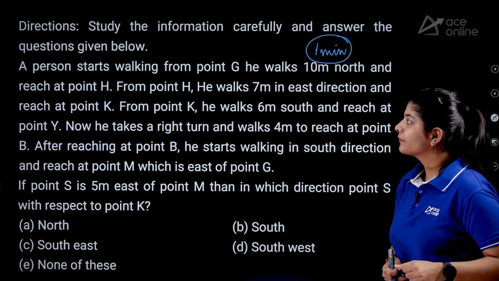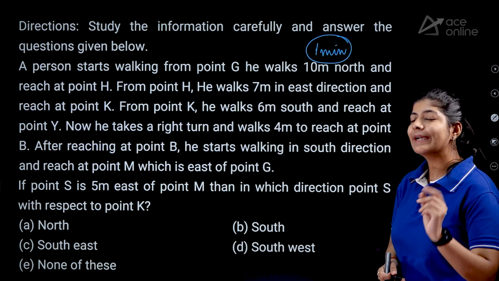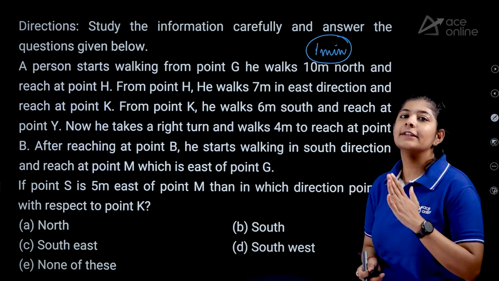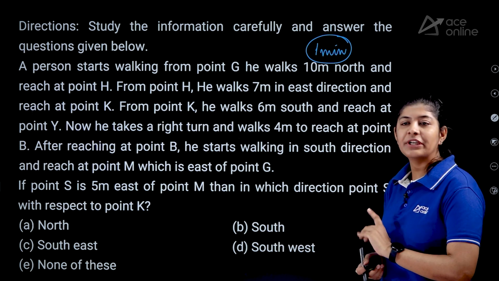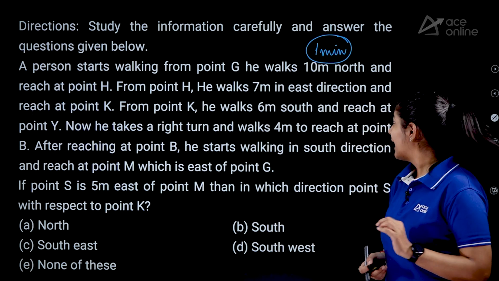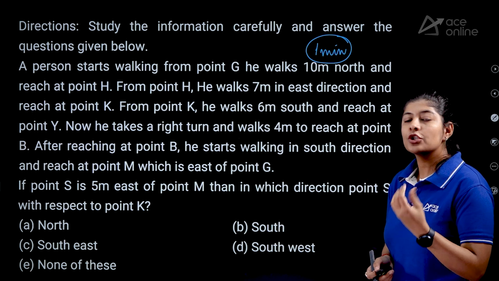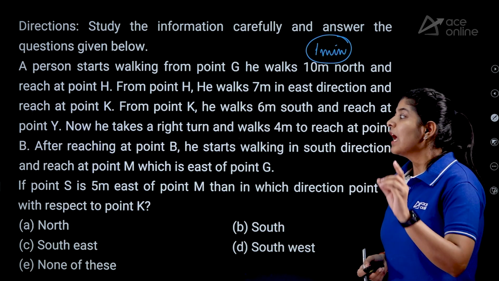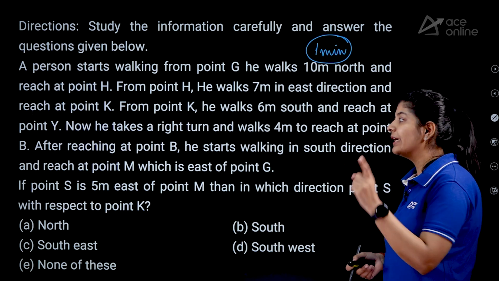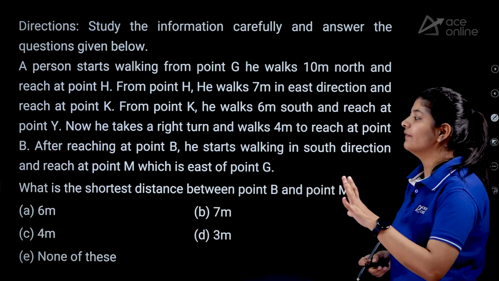The data says that a person starts walking from point G. He walks 10 meters north and reaches point H. From point H, he walks 7 meters in the east direction and reaches point K. From point K, he walks 6 meters south and reaches point Y. Now, he takes a right turn and walks 4 meters to reach point B. After reaching point B, he starts walking in the south direction and reaches point M, which is east of G. So basically this is your data, and on the basis of this data you have to answer these